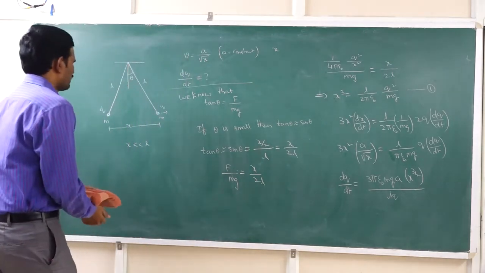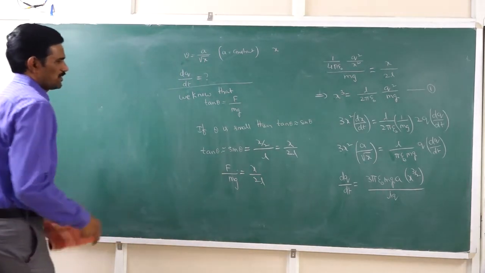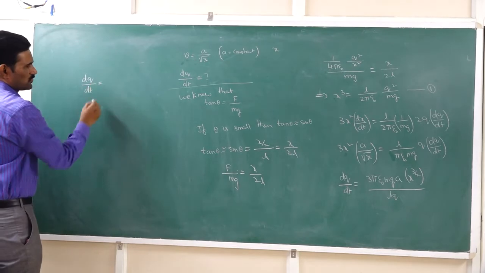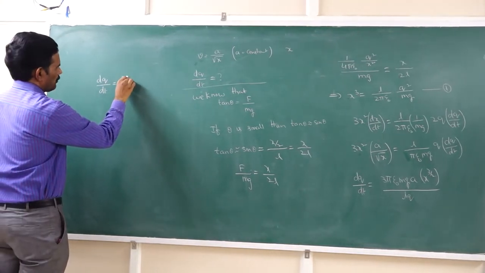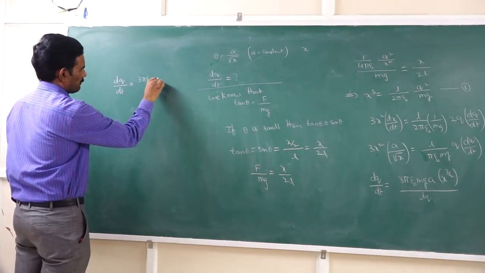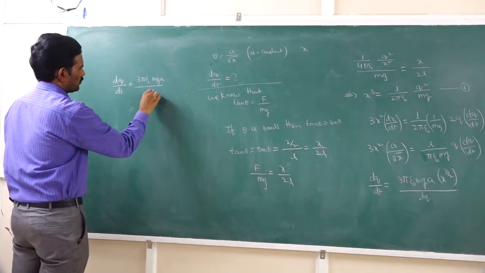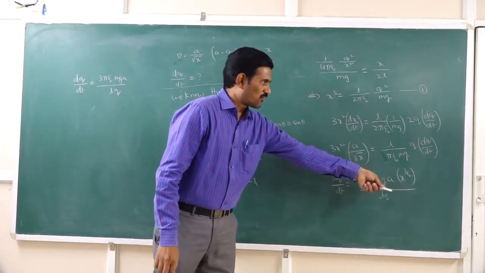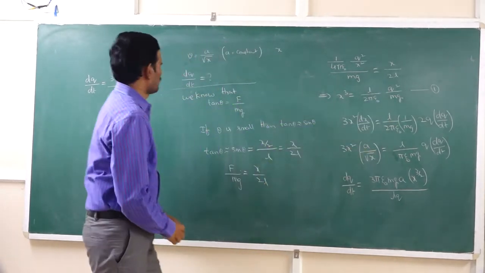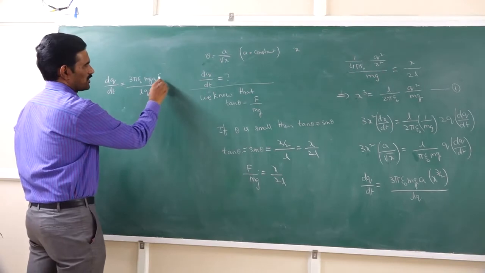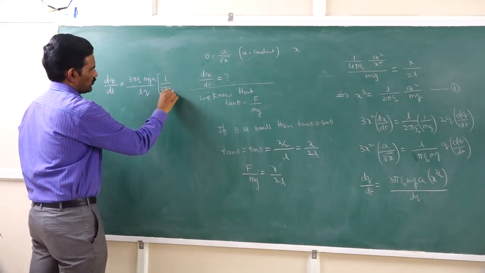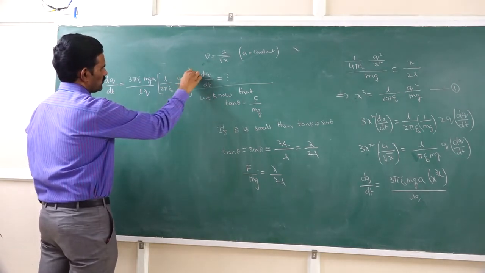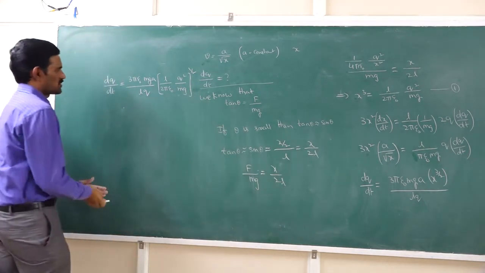So the dq by dt value I will write here. So the dq by dt value you can write that as 3 pi epsilon naught into mga by L into Q. Now this is x cube value we know here. Now here whole power 1 by 2 is there. So for this whole power 1 by 2 we need to write there. And therefore this value I am writing here L by 2 pi epsilon naught into Q square by mg whole power 1 by 2 we can write. That is under square root you can substitute there.